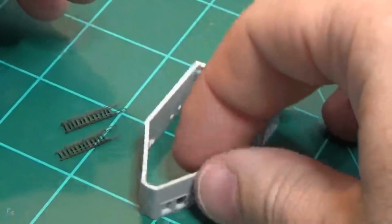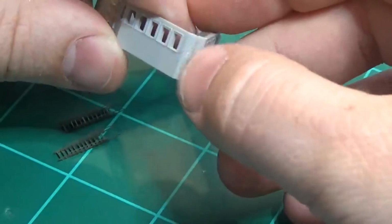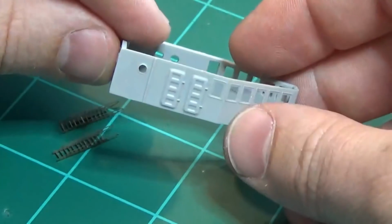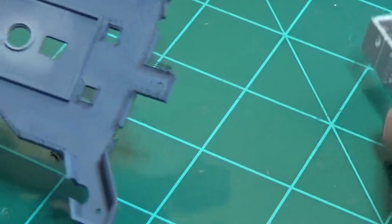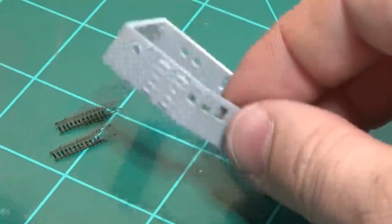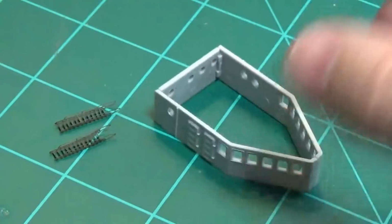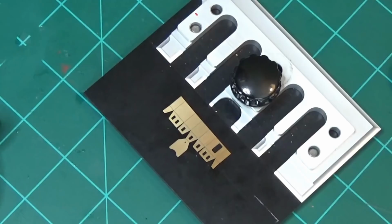Okie doke, so we got this section glued together, and I just got to sand this seam that I filled up, and we got to paint it the navy blue, and I whipped up my two stairs that will go down in those two holes right there too, so I might as well paint it all at the same time. So next step is to paint that up, then we move on to the secret of filling in these windows. So let's get that happening here. While the paint's drying,